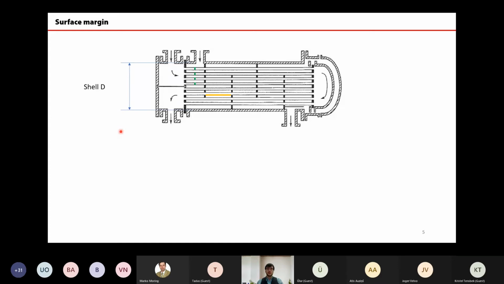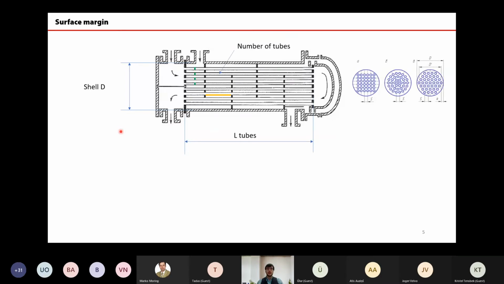And all shell and tube heat exchangers were, in general, having standardized shell diameters, lengths of tubes, and the number of tubes squeezed into this specific shell diameter. As you see here on the right part of the slide, there were different ways the tubes can be arranged in the shell. And as these were standard catalog items, defined by shell diameter, tube diameter, alignment of the tubes, distance between the baffles, which are these supports here that support the tubes, and number of tubes,